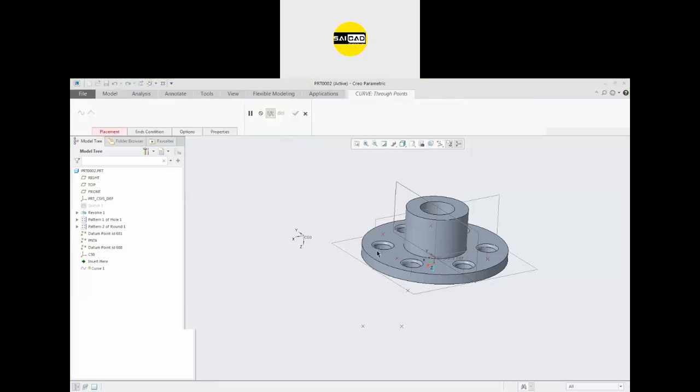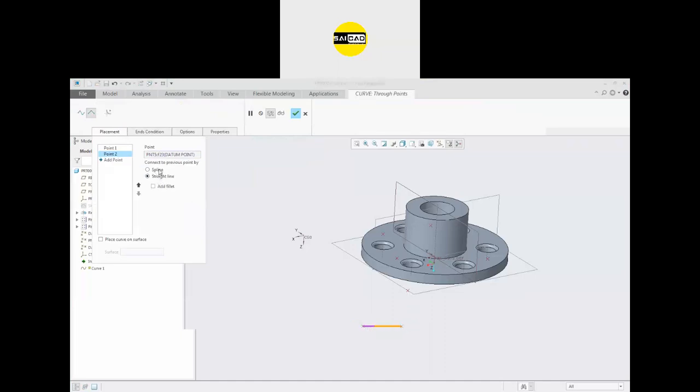curve. So 2 point curve means you have to select some point from where you want to create a curve, like this one. Select the point you want to create. Now you can see here is the spline. You can also select the straight line. You can also select the spline. In 2 points, both options will have the same result. But if you add another point like that, now you can see the difference. This is the spline. This is the straight line.